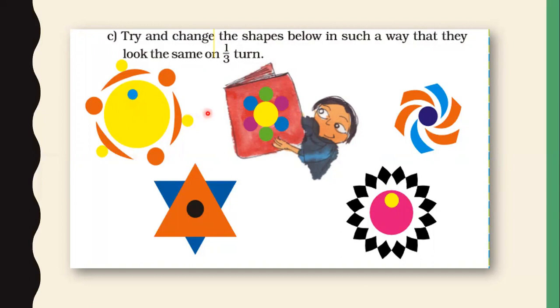Okay. And the second figure, see around the yellow circle, you can see 6 small circles and they are given 3 different colors. Instead of giving these 3 different colors, if we give them two colors, alternative circles, same colors, such as one blue, then green, again blue, again green, again blue, again green. That means any two colors only to select and give the same color in alternative circles, then the figure will be looking the same on a 1/10.